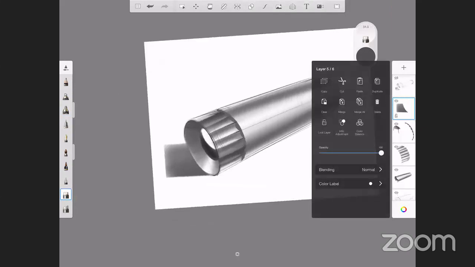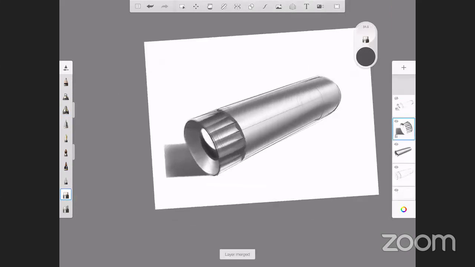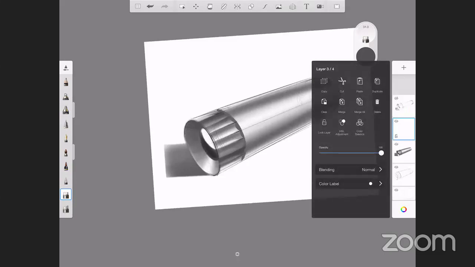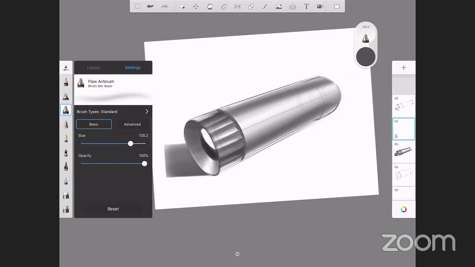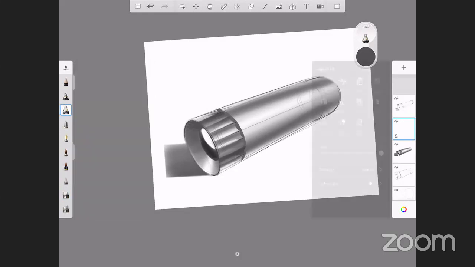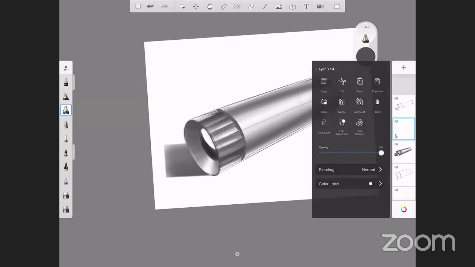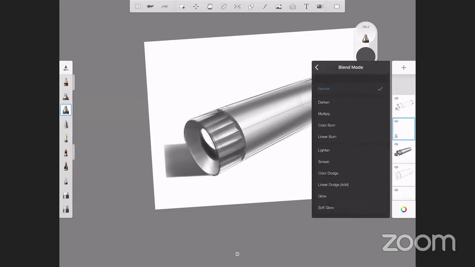Nice. We can merge it. And now we will add some color by the new layer. So the focus, the magic, is in the layer blending. There are some blending modes here in the